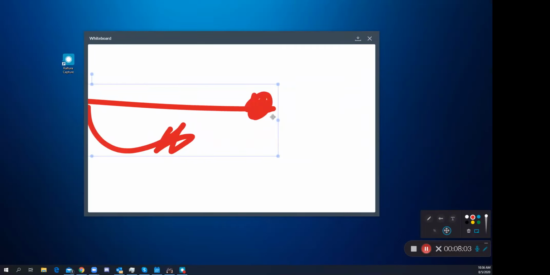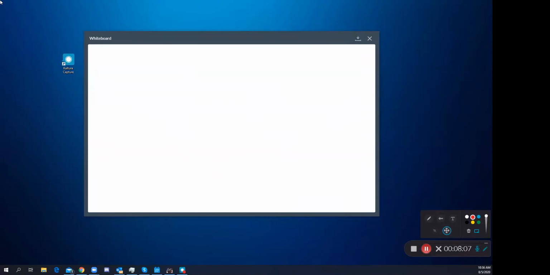Anyways, you can delete these the same way you delete the other ones. You can use the arrows as well. You can use the text as well. It does the same thing. So the other interesting thing about the